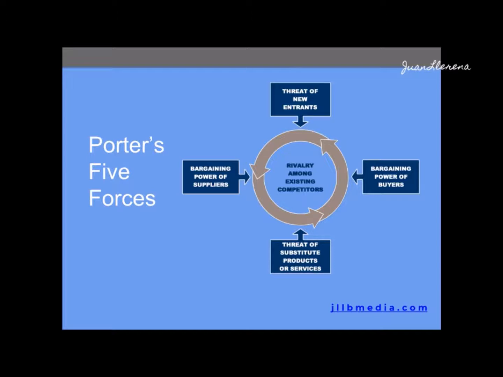We're going to discuss the bargaining power of buyers, okay, and how they can control the market, and how they can control you and your end results, and in the same way we're going to talk about the bargaining power of suppliers. Okay, and we're going to see how your suppliers can also dictate, in many instances, how you're going to be able to buy product or find suppliers, or we'll see who controls who and who controls what. Okay, and that will also determine a lot of the success that you can have in your business long term.